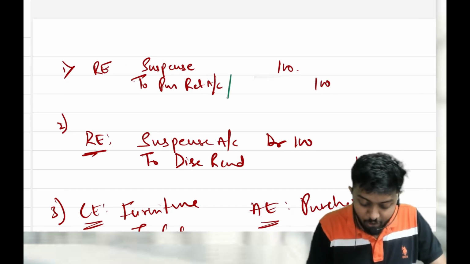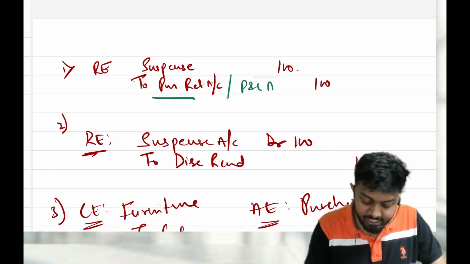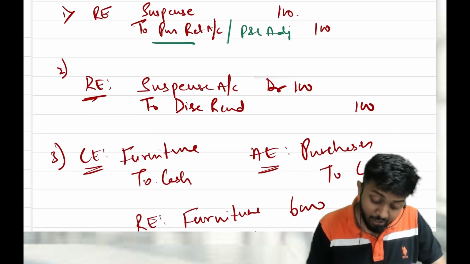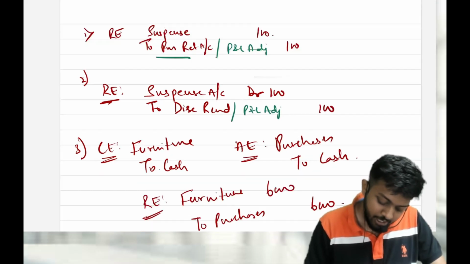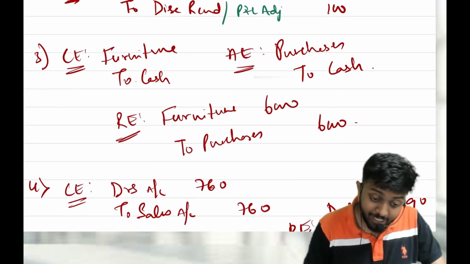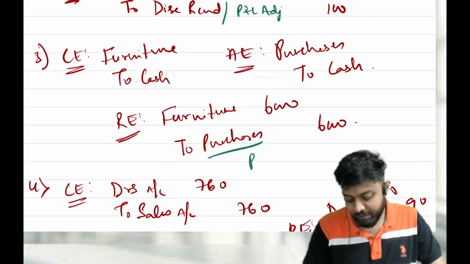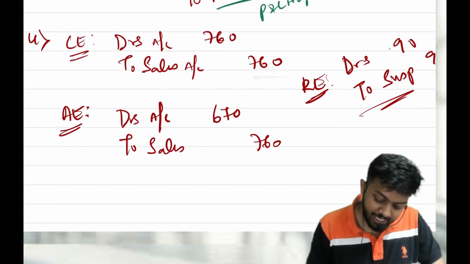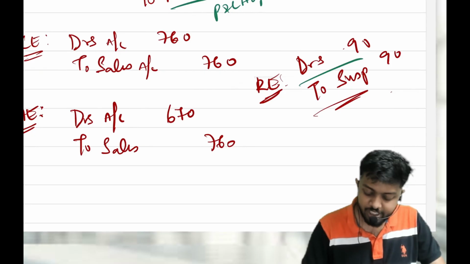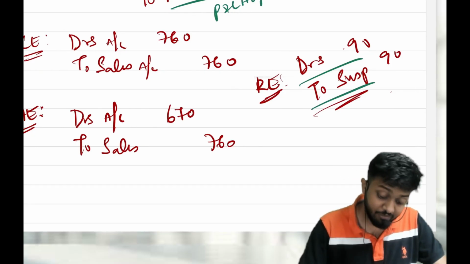P&L adjustment account. Here we have purchase returns; instead of that, I'll take P&L adjustment. Here discount received is a nominal account; instead of that, I will use P&L adjustment. Here we have furniture to purchase; purchase is a nominal account, so instead of that, I will use P&L adjustment. Then the fourth one, its rectification is debtors to suspense. Here we don't have any nominal account, so I'll keep it as it is. That's one thing we should have considered.